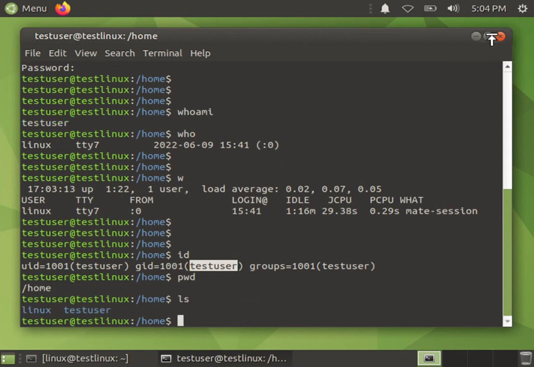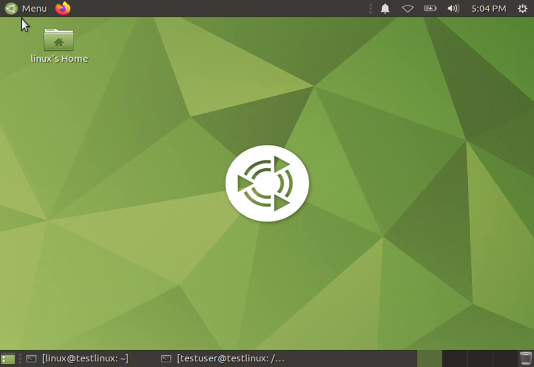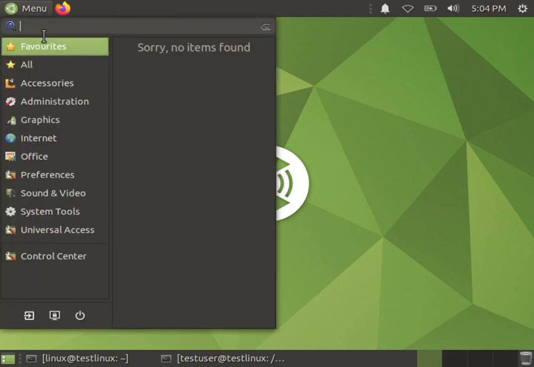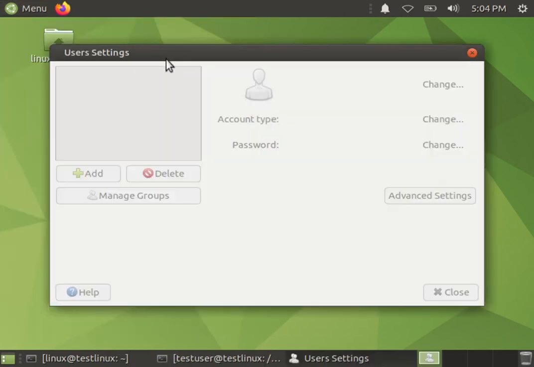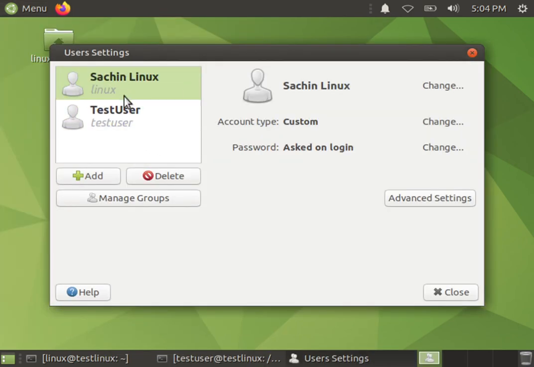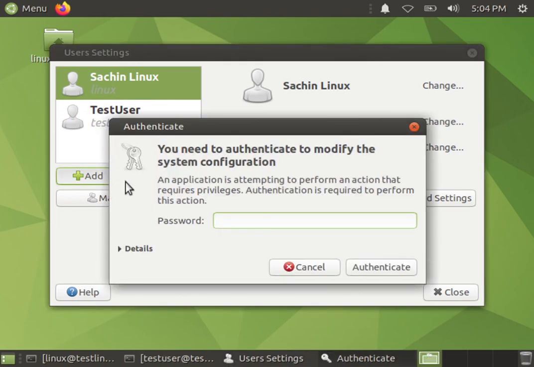Now let's go back to the GUI. Here I will search for, say, users. So now I can go to users and groups, and here we can see there are already two users available, and simply I have to click on add. So if I click on add, it is asking me the authentication password for the system,